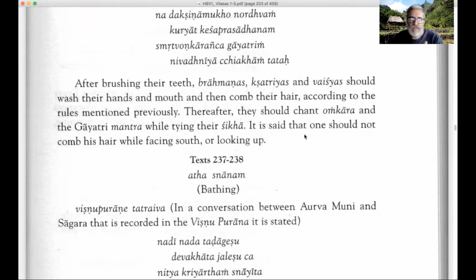So these Brahmins, Kshatriyas, and Vaishyas were all keeping a shika, at least when they're in Gurukula. And they would comb it, and they have to tie it. They have to comb it and tie it, and then they have to chant Omkara and Gayatri mantra while tying their shika, right? There's also another